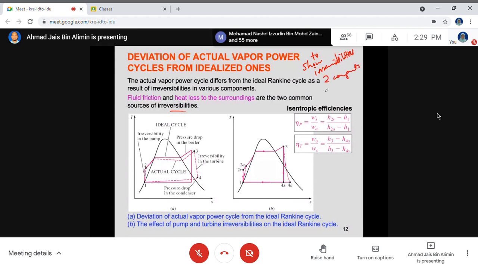Dan komponen ni ialah komponen yang beroperasi, yang diberikan tenaga masukan, the work input, and then komponen yang akan menghasilkan kerja. So dalam sistem steam power plant, dalam simple steam power plant based on Rankine cycle, so sini merujuk kepada yang sebelah sini, water pump, dan yang kat sini merujuk kepada turbine. So 2 komponen saja yang kita jadikan